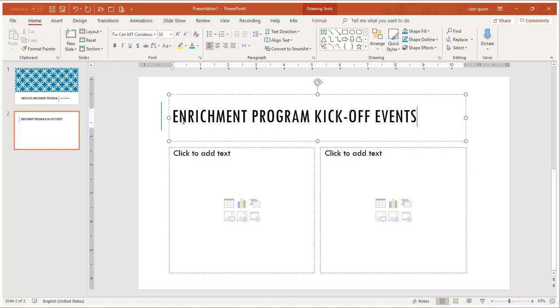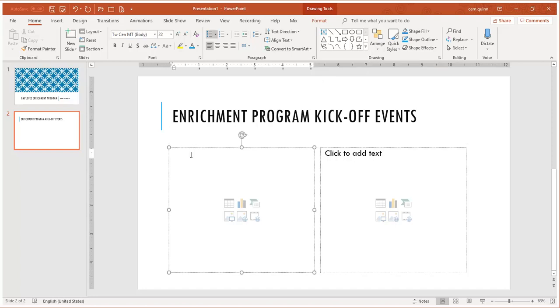By the way, if you have a Mac, you will not have the online pictures option. If you want a picture from the internet, you're actually going to have to go to Google or Safari, search for the picture, copy and paste it, and insert a video to add a video. Now, in this particular case, we want to add some text, so I'm going to click,